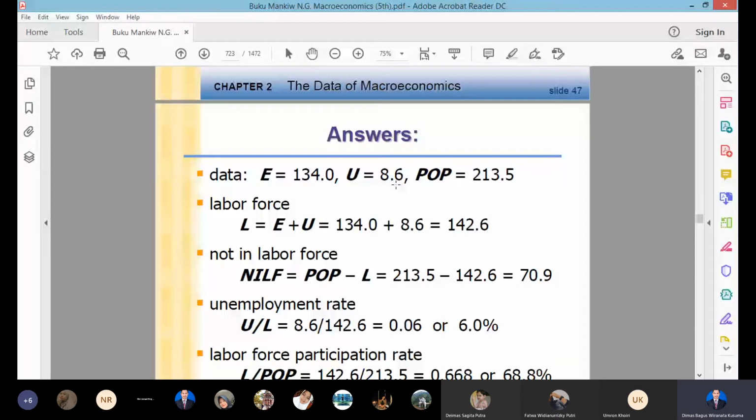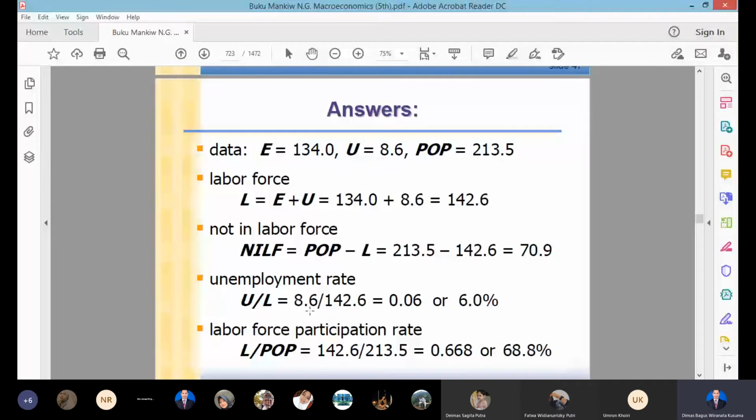Labor force, L equals E plus U: 134 plus 8.6 equals 142.6. The number not in the labor force is the population minus the labor force, so we got 70.9. And the unemployment rate is the fraction between the unemployed and the labor force. So the unemployment rate here is 8.6 over 142.6, or 6%, times 100%. The labor force participation rate means the labor force over the total population. So we got